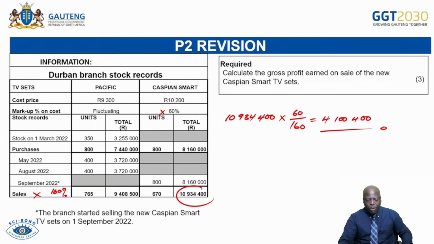Okay, so my good friends, we have come to the end of today's lesson. It is very key that you go back to where we began. We spoke about the structure of the paper. We spoke about certain topics that have been coming in almost all the recent papers. And we have seen that your inventory valuation, your budget, as well as your cost accounting has been tested in the previous papers. And I try to cover those aspects today, those two topics.